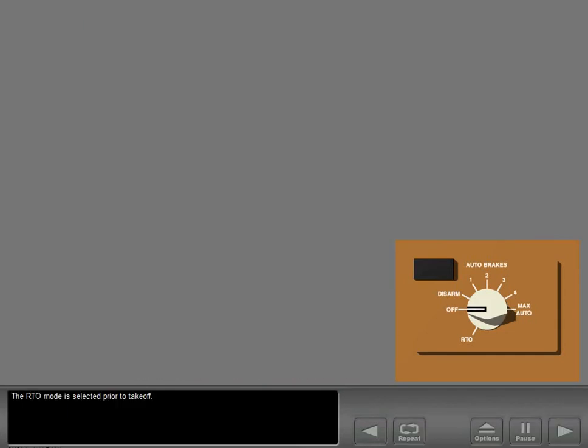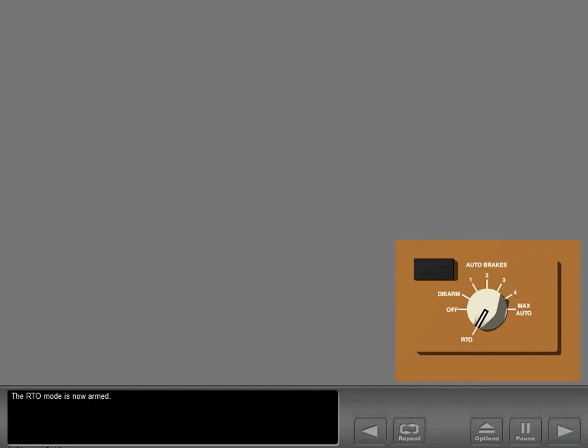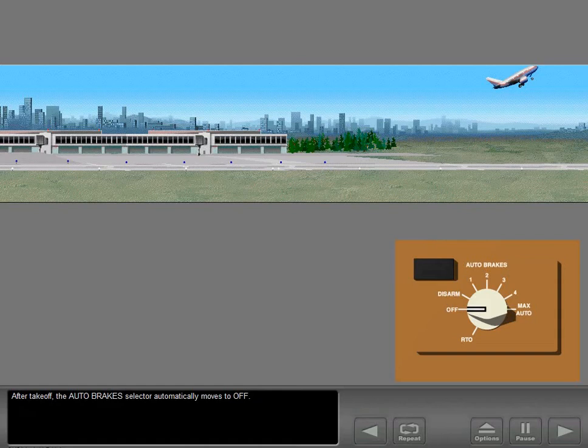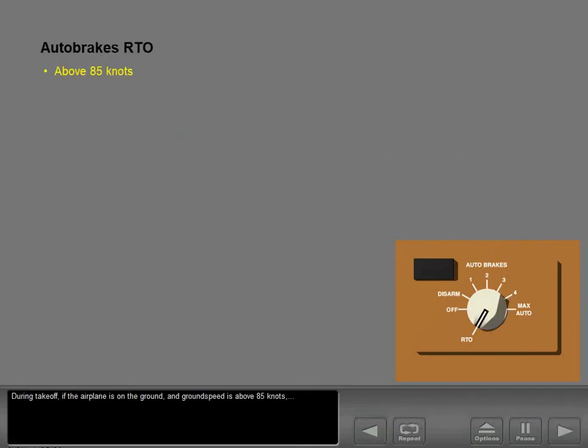The RTO mode is selected prior to takeoff. Select RTO for takeoff. The RTO mode is now armed. After takeoff, the auto brakes selector automatically moves to off. Reselect RTO for takeoff. During takeoff, if the airplane is on the ground and ground speed is above 85 knots,